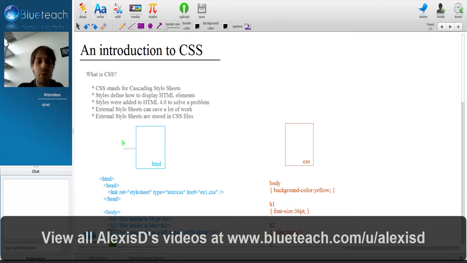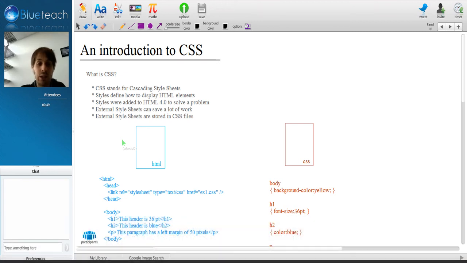In this short video, I'm going to talk to you about CSS, what it is, and how it's used. So CSS stands for Cascading Style Sheets. It's a technology which is used to describe the style of an HTML page. So basically it's used to describe the look and feel of a web page, whereas the HTML really describes the